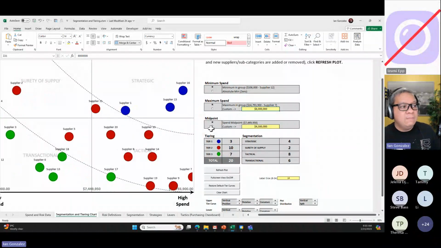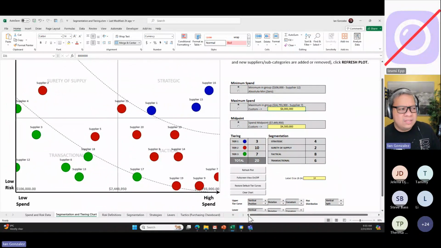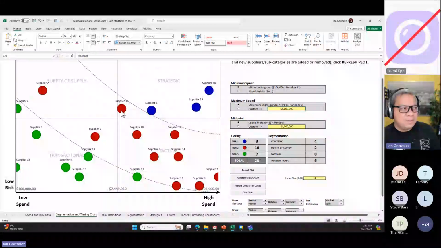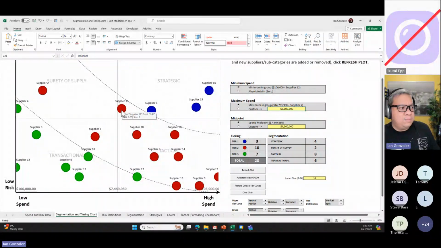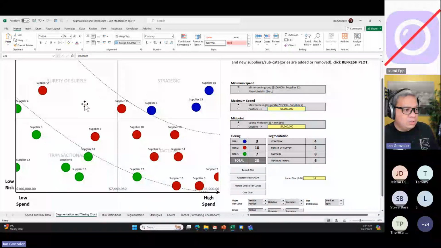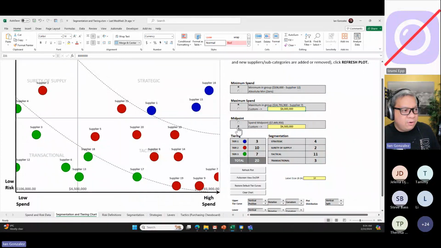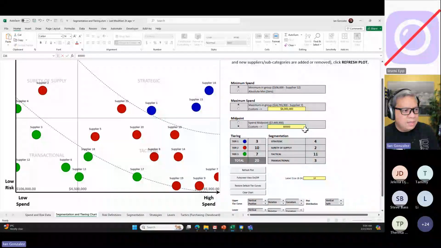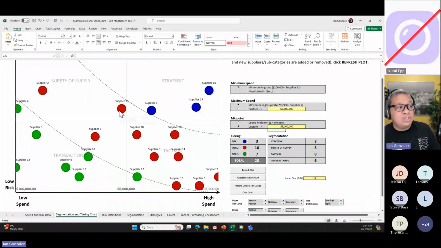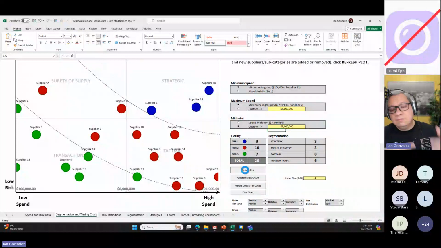In the midpoint, I don't know why you'd want to touch this, but just in case, let's say there are some suppliers right at the border, and you say that supplier 11 over here, I don't want to consider him as strategic. I want him to be in surety of supply. You can change the midpoint. Right now it's the arithmetic mean, the average, 7.4. I can force that to be a little higher. I can make it $8 million, just so that supplier 11 goes to the left of it, and then hit Refresh Plot. It will redo this and